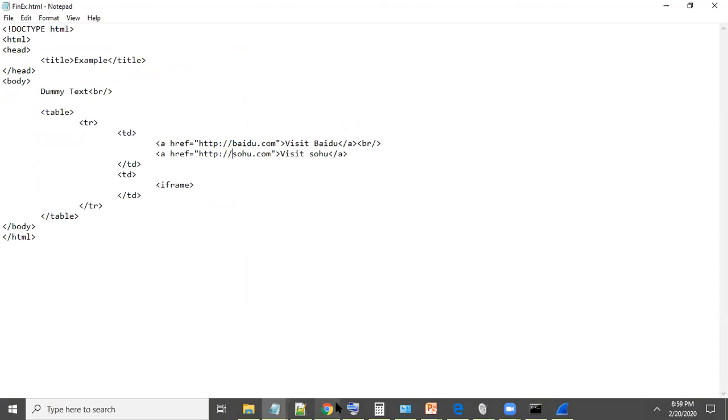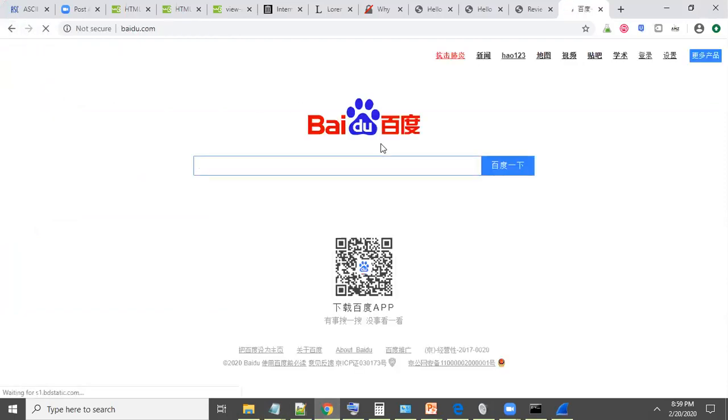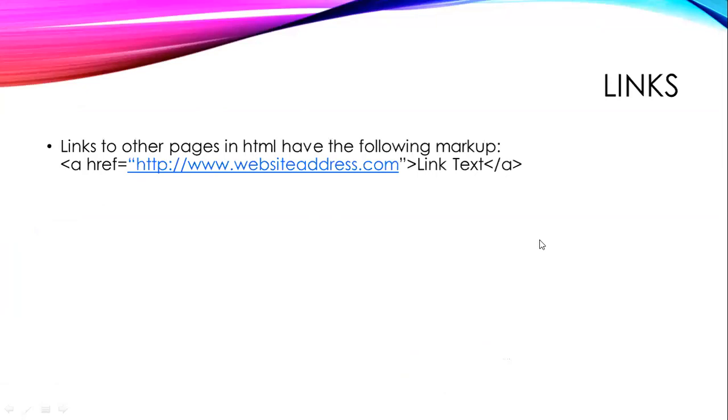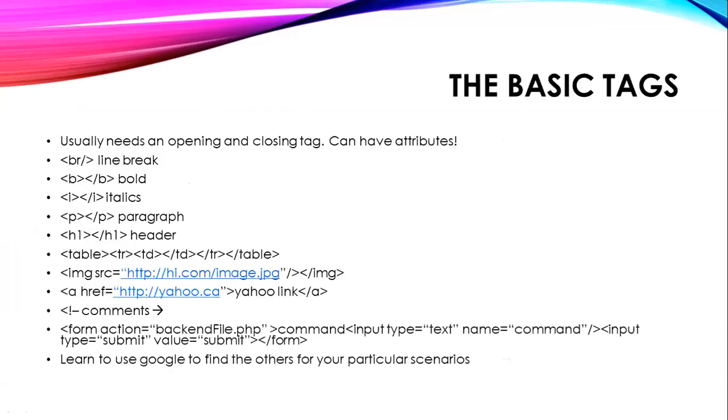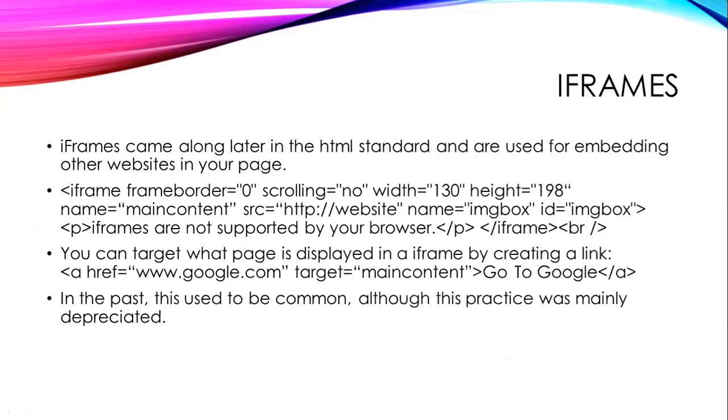Okay. And so now, when we click it, it's taking us to a new website, but we don't want that, right? What we want is to update the iframe in order to update the website that is displayed within our actual iframe rather than the entire page. So here is the format of the actual iframe, and this is how you use a link in order to update that particular iframe.